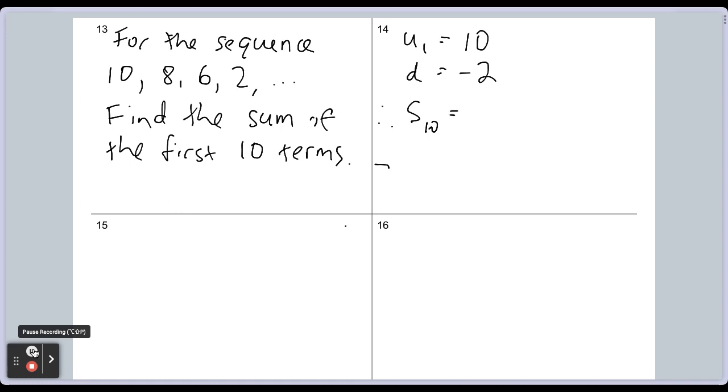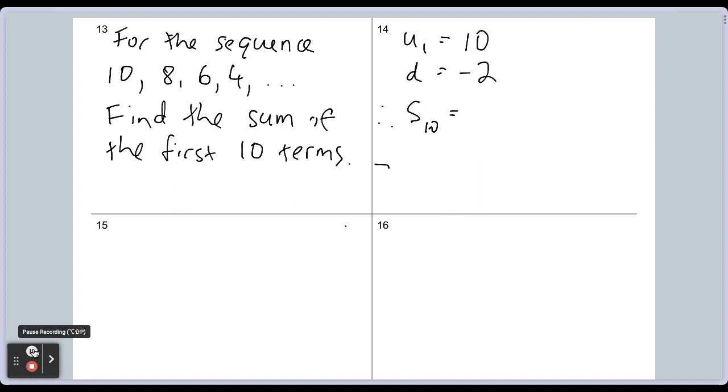Have I written 10, 8? Yeah, sorry, my bad. It's not very arithmetic otherwise, is it? Sum to 10 terms. Wanted to do 11 terms, but I will. Is equal to